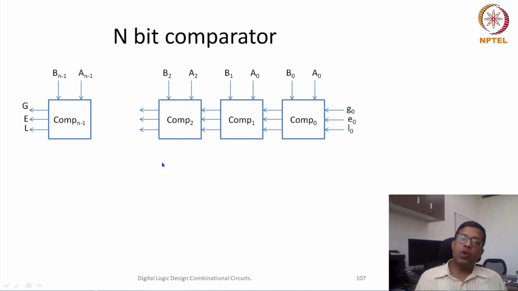Now see, because this design is iterative, I need to design only one particular cell, the ith cell, and then I can keep on repeating it. It doesn't matter what the value of n is, n could be 4, n could be 20, n could be 100. The only thing is I have to iterate that particular cell. In Verilog it is also easier, because we have the generate statement where we can simply generate from 0 to n, and then all these blocks would be instantiated.